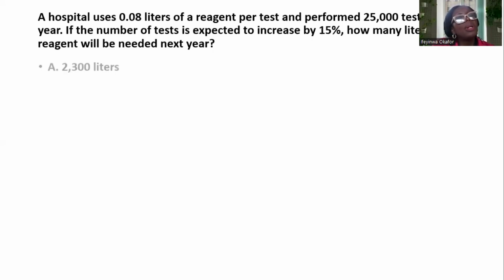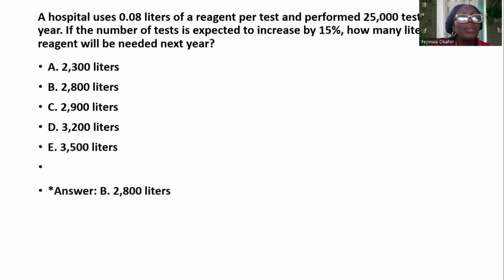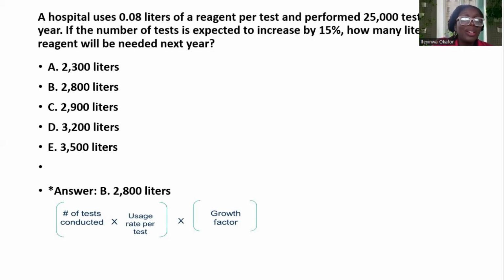The answer goes this way: 2,300 liters, 2,800 liters, 2,900 liters, 3,200 liters, and 3,500 liters. And our answer is B, 2,800 liters. Okay? And remember the formula for this particular one is number of tests conducted times usage rate per test times